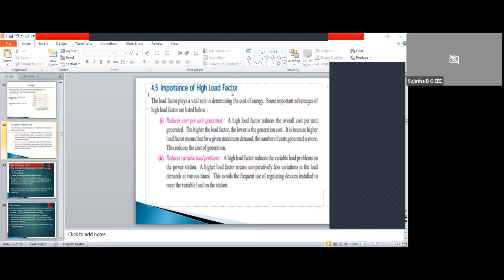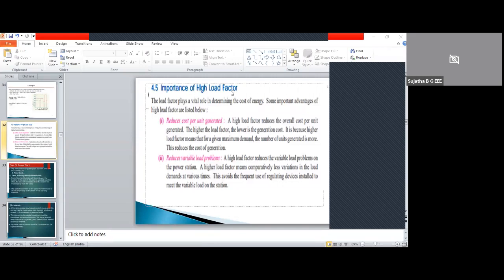You know that the electricity authority people will assign the charge, and you will get the electricity bill for the energy you have used; you have to pay to the electricity authority. So how they will charge you is based on the load factor, how much load factor we have used. It is very important in determining the cost of energy.